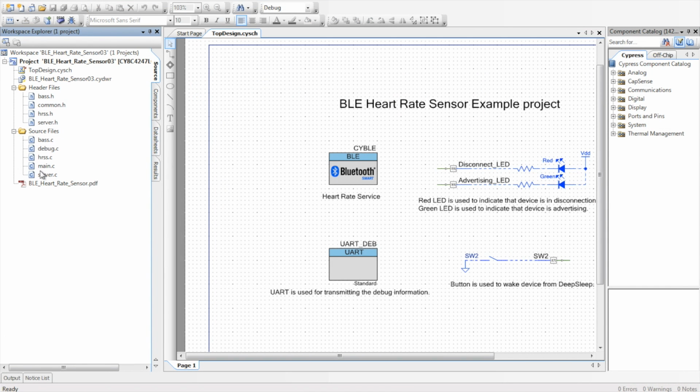So I'm going ahead and this is already a finished example. This example is using LEDs to determine the disconnect and advertisement mode, a switch to wake up the device from deep sleep, UART for debugging, but most of the information is going to be using the Bluetooth Low Energy stack, and there's some source code in here already that determines